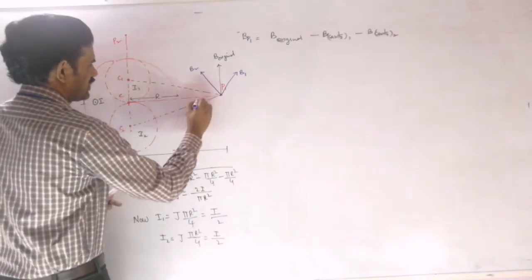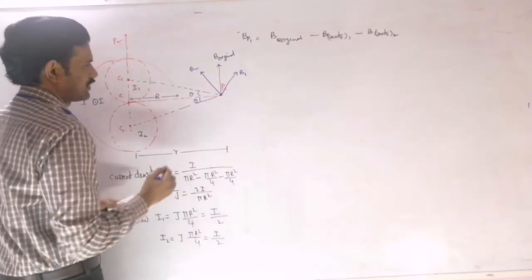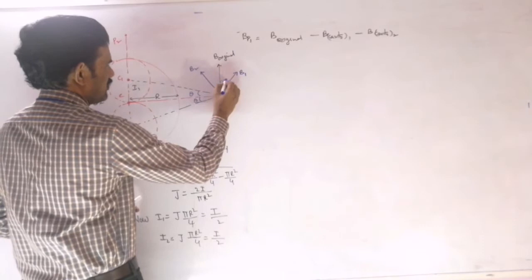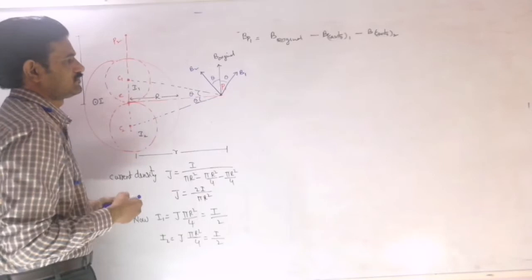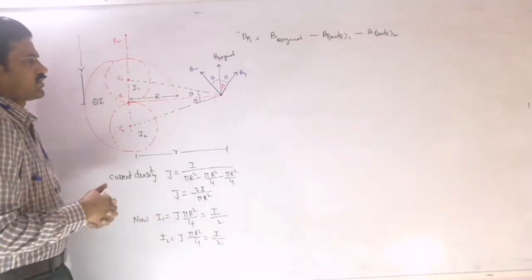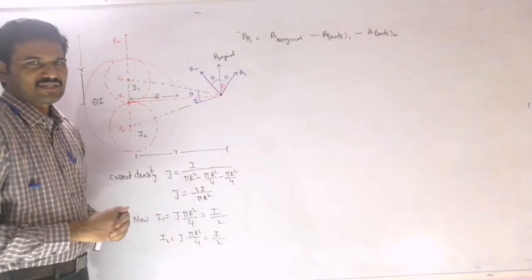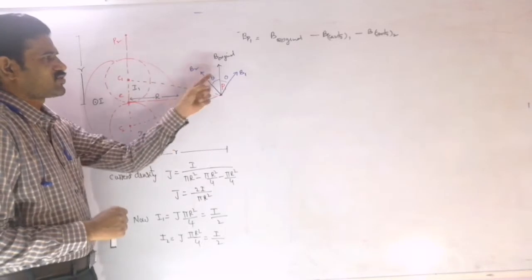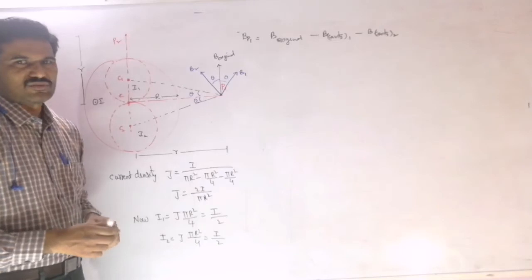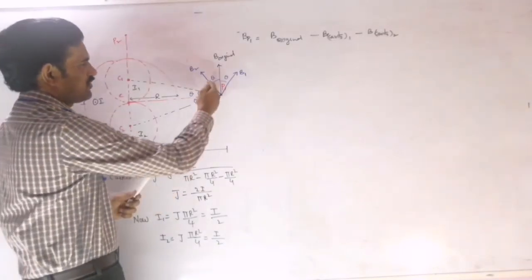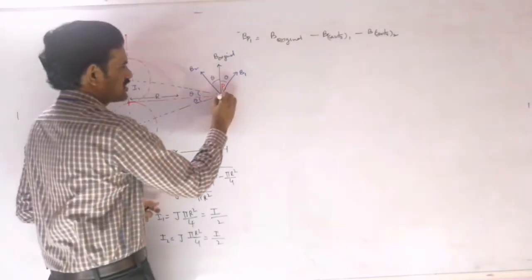And now here you may assume these angles. Suppose I am taking this angle as theta, for example. So this angle will be theta, and this angle is theta, right? Now we need to find directly the resultant component at that point, because if you resolve this into components, clearly we can say that B1 and B2 are equal in magnitude. So B1 sin theta along this direction and B2 sin theta along this direction will cancel each other.